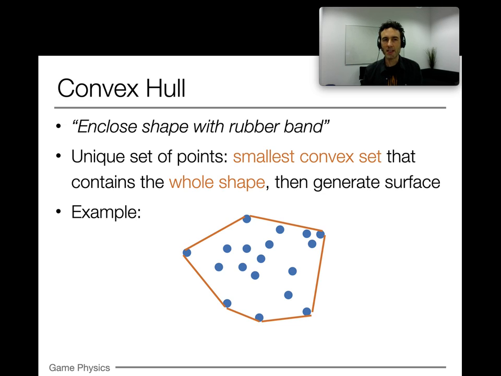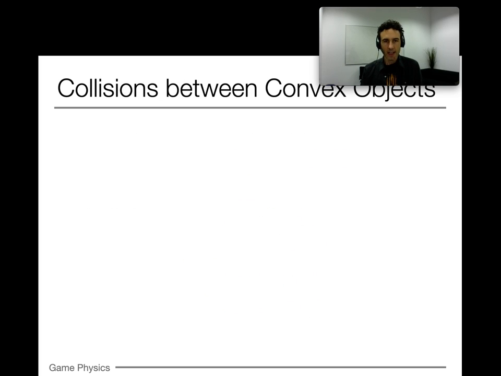We will not go into details here, but just keep in mind the convex hull is, in a way, the best possible convex object for a given object. And being convex, the separating axis test still works here. So all we need to do for convex objects as well is to use suitable separating axis tests. The main challenge then is that we have these potentially more complicated geometries to deal with,